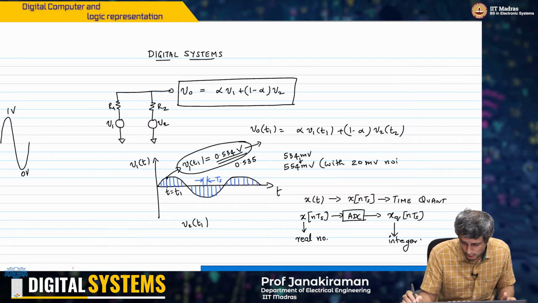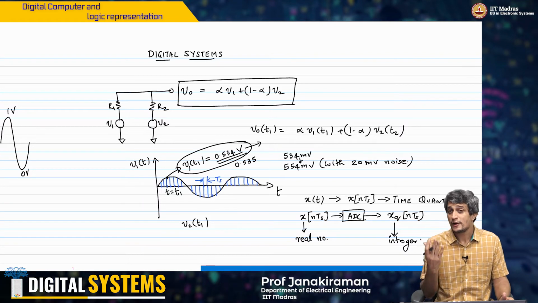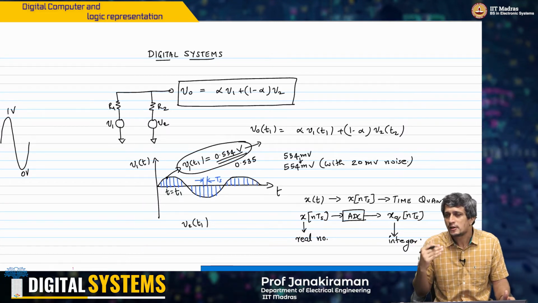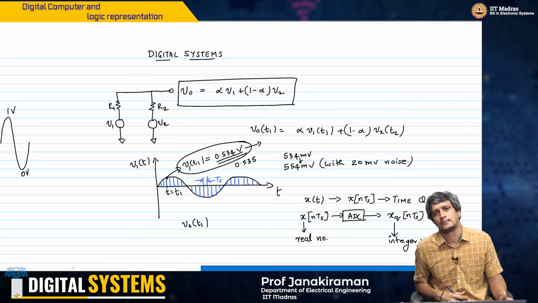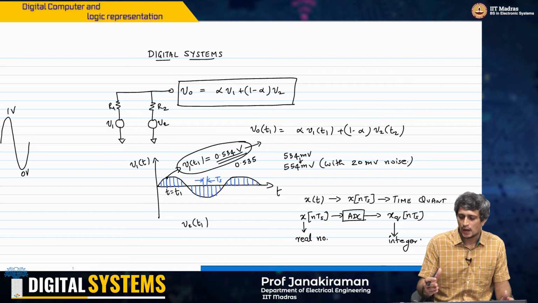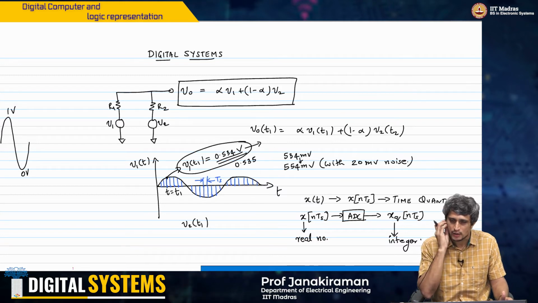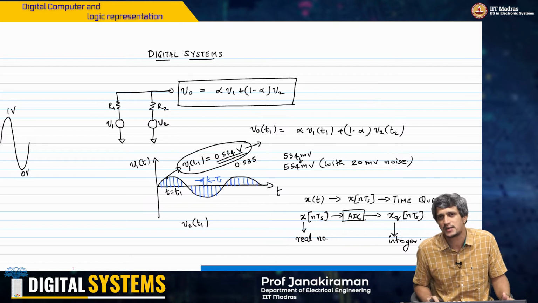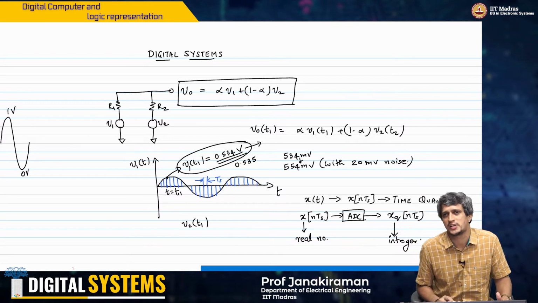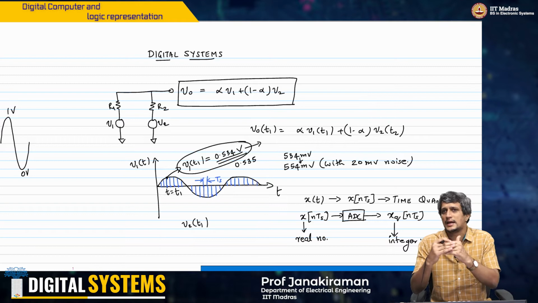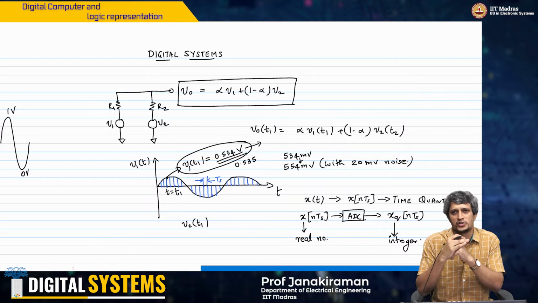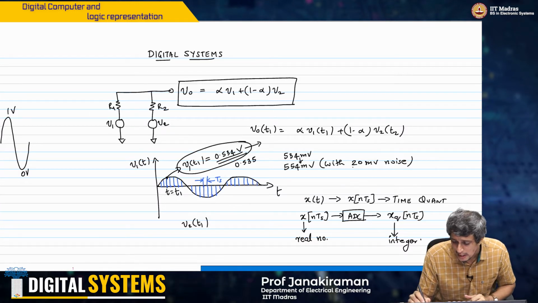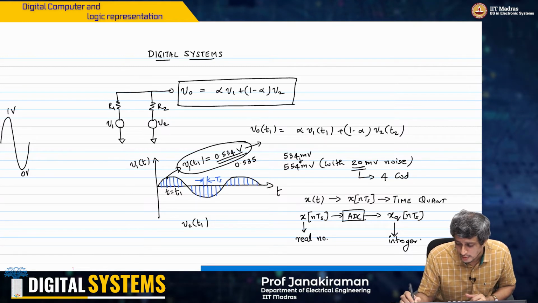Now 554 millivolt is a very different value compared to 534 millivolt. How different it is actually depends on how many bit ADC we are using and how many levels we are quantizing it to. Let us say that the ADC step size was 5 millivolts. Then 20 millivolt can correspond to 4 codes difference